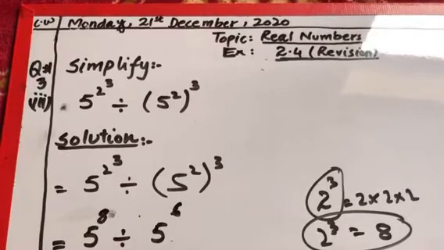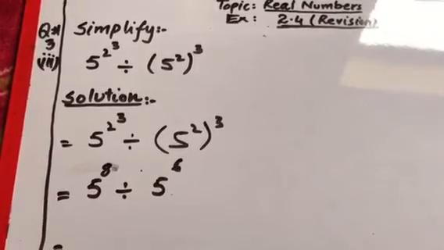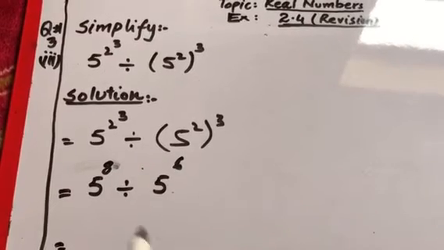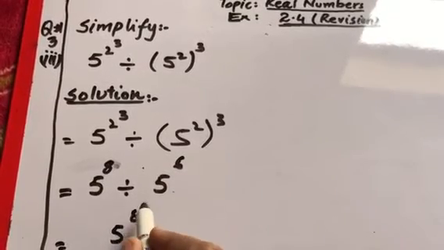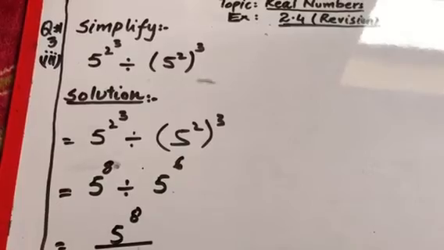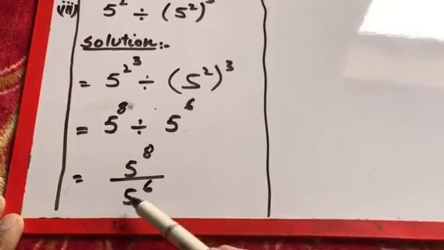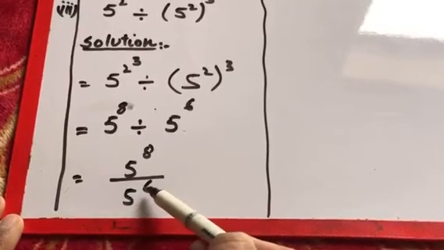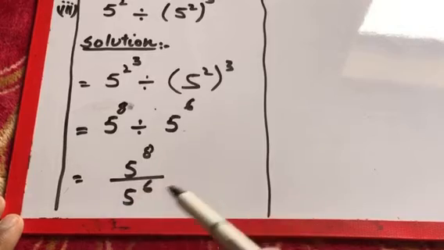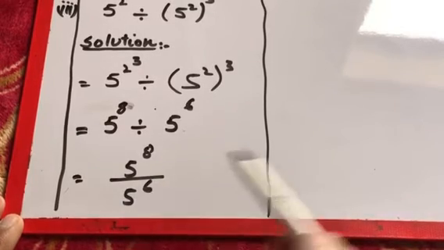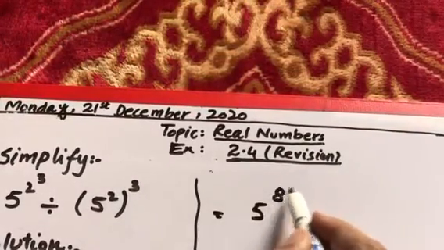So in the next step, we will write it as, you know that the dividend form can be written in the fractional form. So we will write here 5 raised to power 8 divided by 5 raised to power 6. So by using the law of exponent, both the bases are same, so we will shift the power of 6 to the numerator's power, which is 5 raised to power 8. So the sign of this power will be changed, and we can write it as 5 raised to power 8 minus